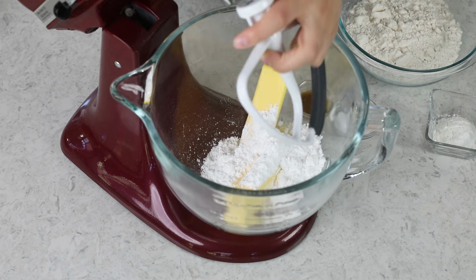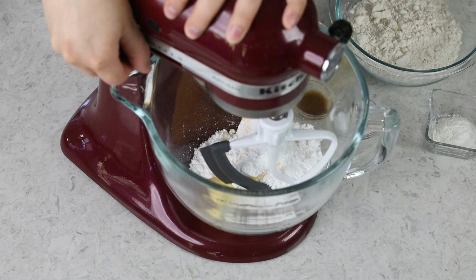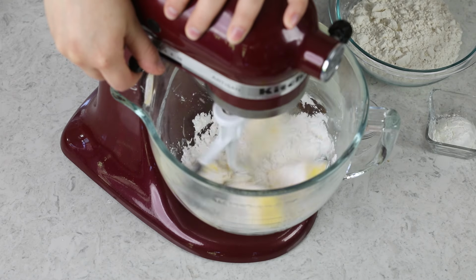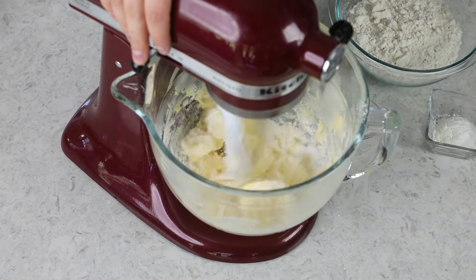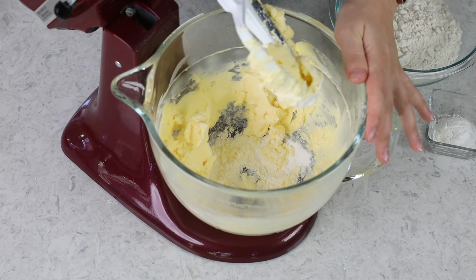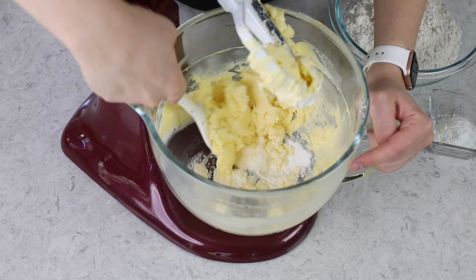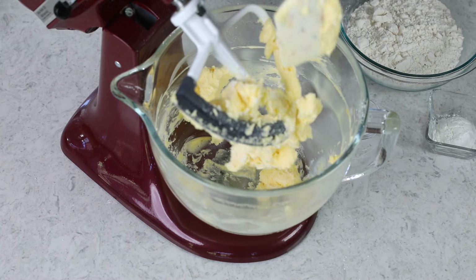Now, I'm going to be fitting my mixer with the paddle attachment today, and we are going to start mixing our ingredients together on low speed, and we'll gradually increase this to high. Now, sometimes my mixer struggles a little bit to reach all of the ingredients with the paddle attachment, so after mixing for a couple of seconds, I'll usually pause and use a spatula to scrape the sides and bottom of the bowl because I want to make sure that the butter and sugar are well combined before I really start